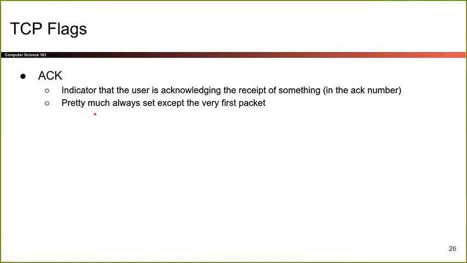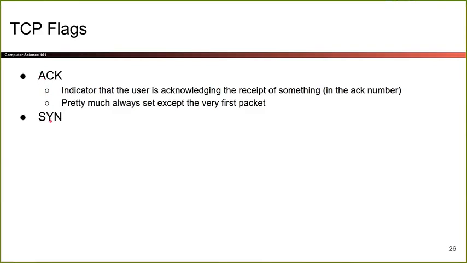This flag is basically always on, and this flag basically says, look at the ACK number because I am acknowledging the receipt of all the packets up to the ACK number, or all the bytes up to the ACK number. Now, as we saw, usually when you go back and forth, almost every packet has something to acknowledge. So the ACK flag is usually set to be on, but occasionally maybe I'm sending some data without having received any data, in which case the ACK flag would be off.